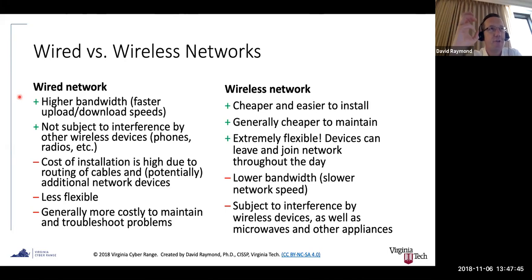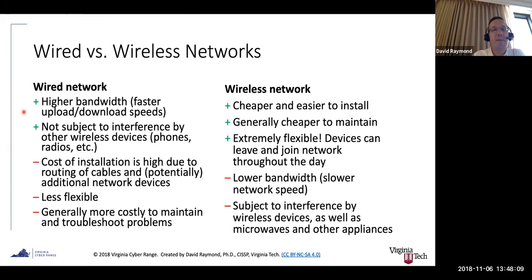You can push huge amounts of data through a fiber optic link, way more than you could push through a wireless link. So in general, wired networks provide higher bandwidth, which means faster upload and download speed. If you're uploading and downloading movies over Netflix or whatever, you're going to do better with wires.